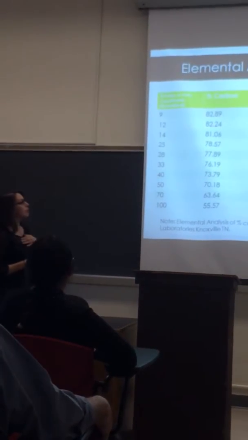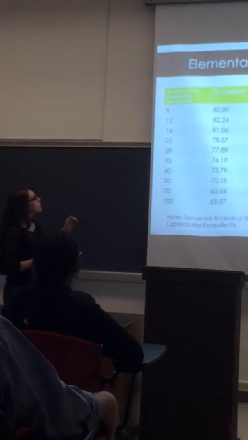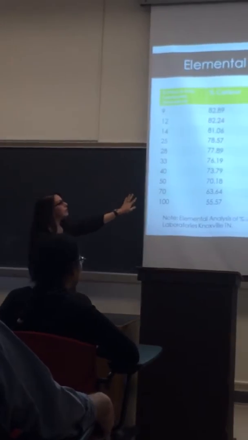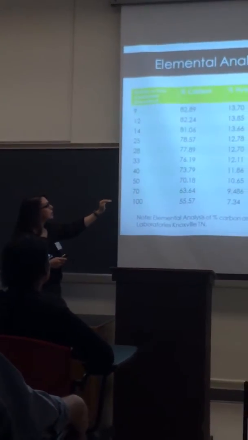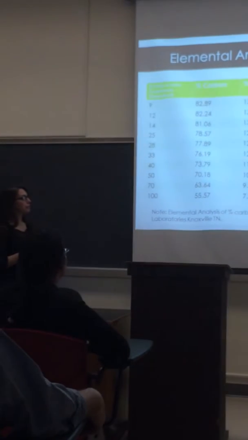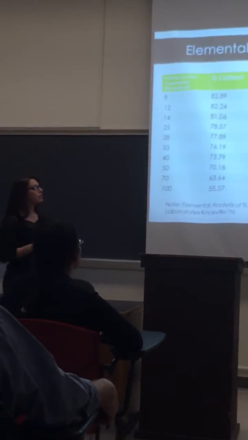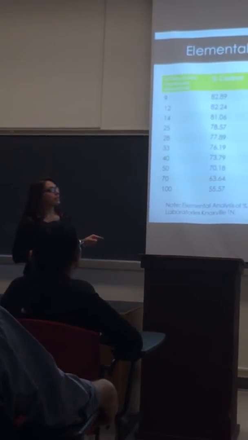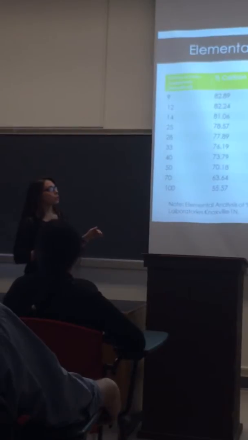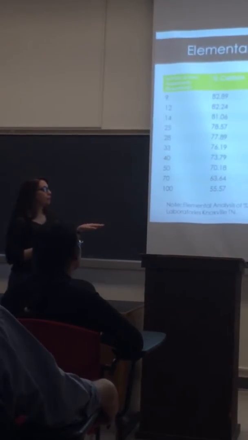As you can see here, this is the elemental analysis that we got from Gabbard Laboratories. You have the percent PDAC in the EVAC copolymers that range from about 9 to 100. We got the percent carbon and the percent hydrogen from Gabbard, and we determined the percent oxygen by difference. The percent PDAC that we calculated was found taking the percent oxygen by difference and dividing by what you would